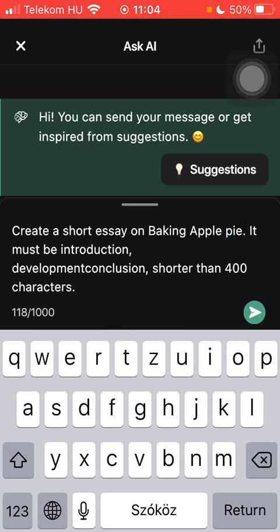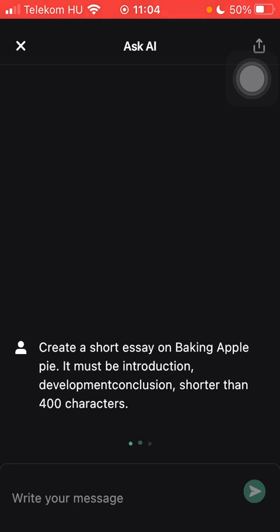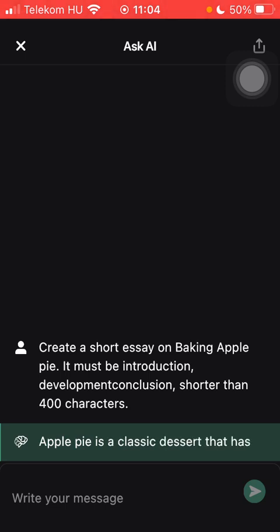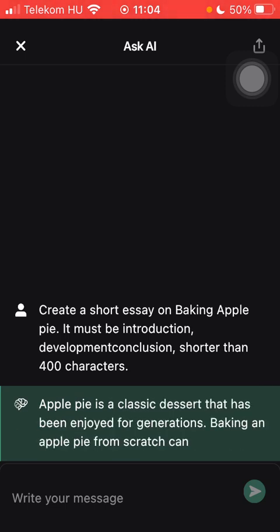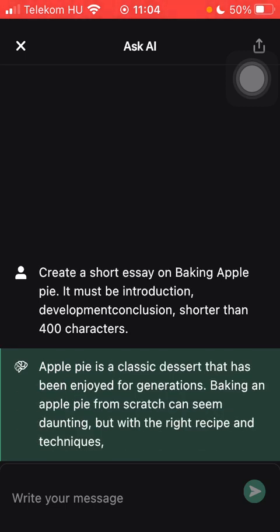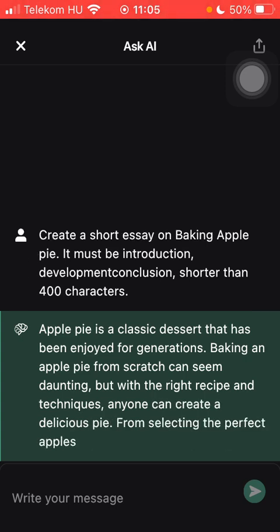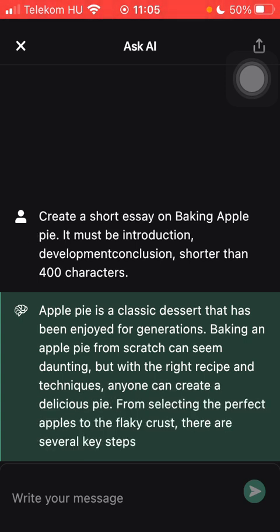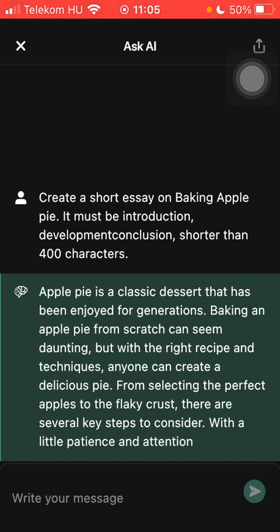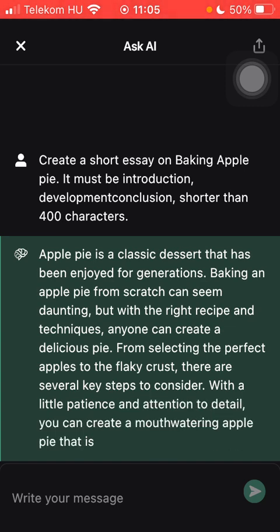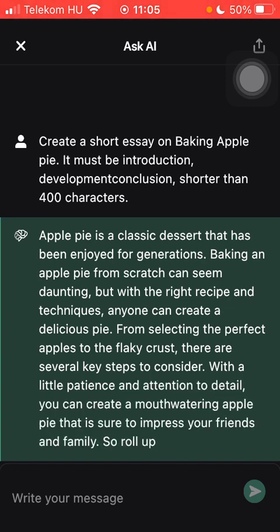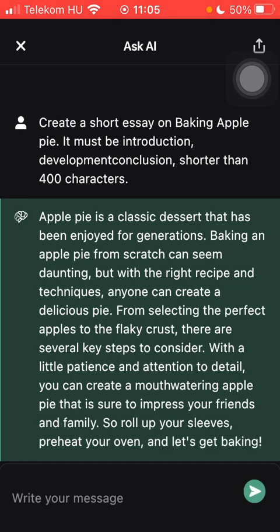And tap on the send button on the right side below the text, and in a few seconds you will be able to see your short essay generated. So here you can see the creation of the short essay word by word. So you should wait a few seconds, or within a minute you will be able to see the whole essay